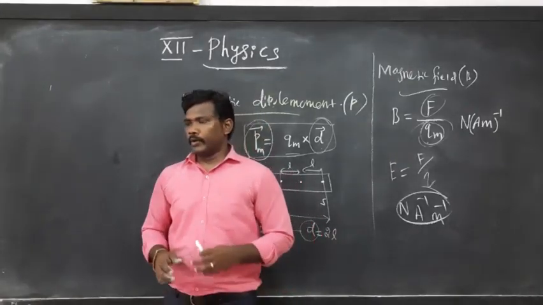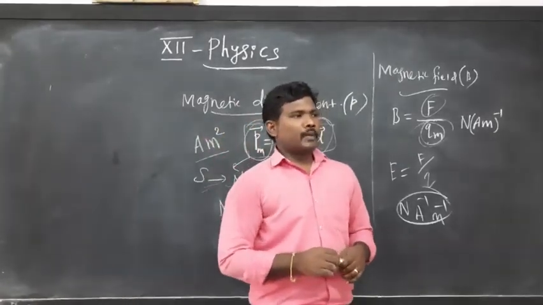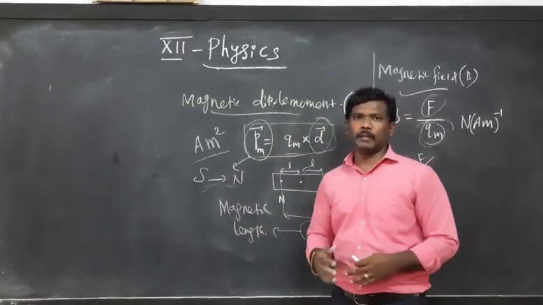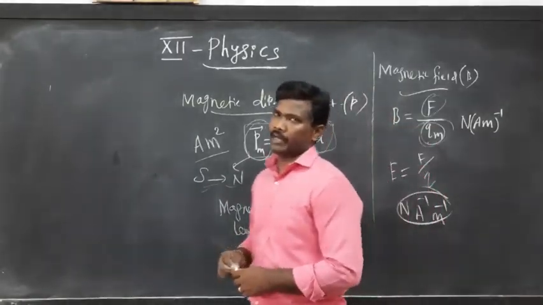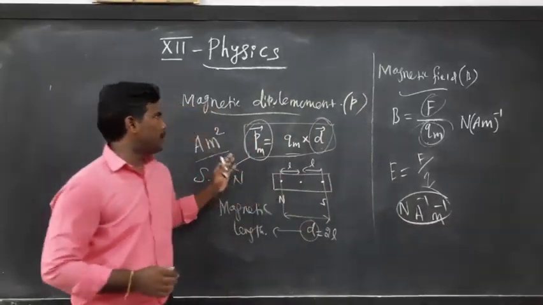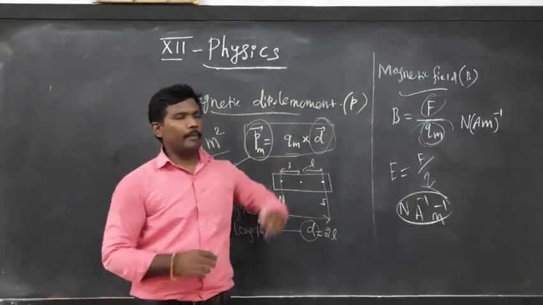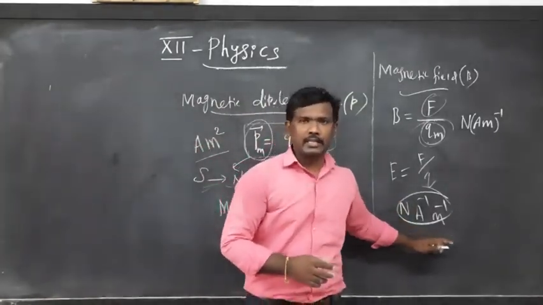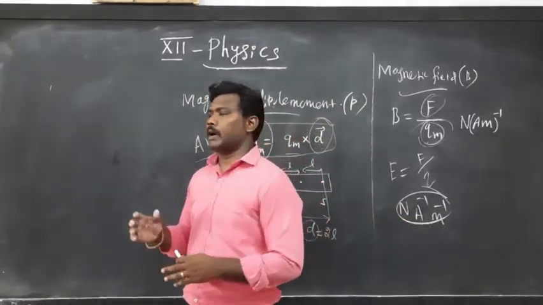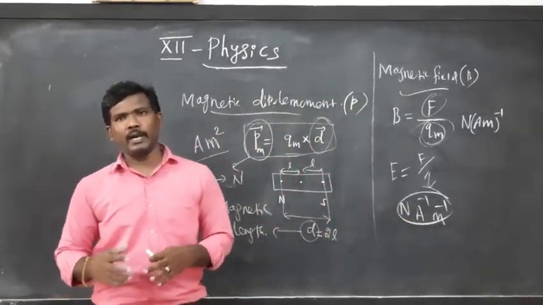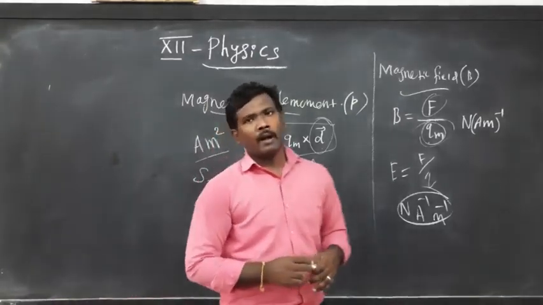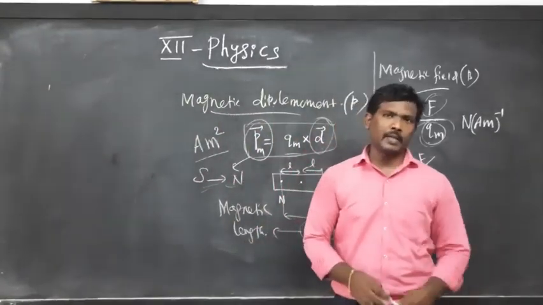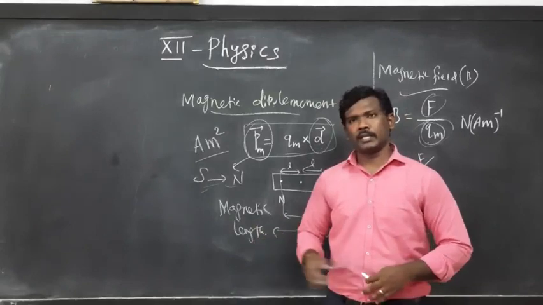So in this class we discussed the introduction, what is meant by the earth's magnetic field, what is meant by D, what is meant by I, BH and BV, and finally we derived the equations for the magnetic dipole moment and the magnetic field. Now I am stopping at this level in this class. Next class we are going to see the basic properties of magnetic field lines and the basic properties of magnets. We are going to compare the basic properties of the ordinary magnet with respect to the earth magnet. Those things we are going to discuss in the next class.